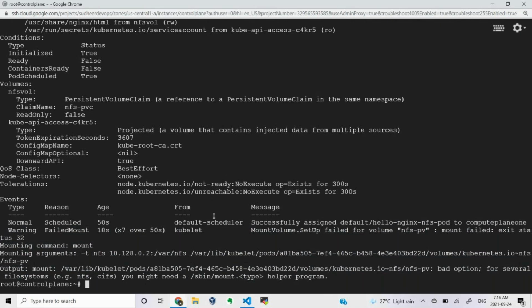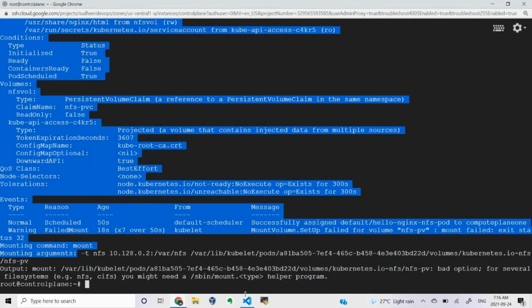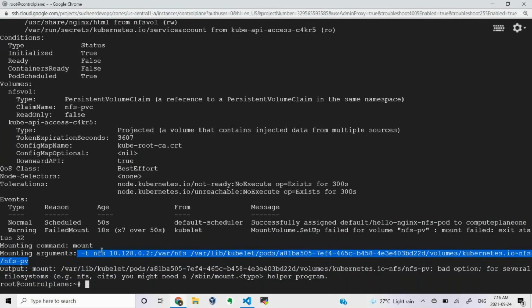Simple thing is, in order to execute this command, generally if you want to mount a particular directory to a directory in your system, we execute mount -t nfs, that particular NFS server you can see here. Mount is a command and this is the argument, which it is trying to execute. When this is getting executed, first of all, you need to have an NFS client over there. Without having the NFS client installed, you cannot give this particular option NFS. So that's the reason it went wrong.